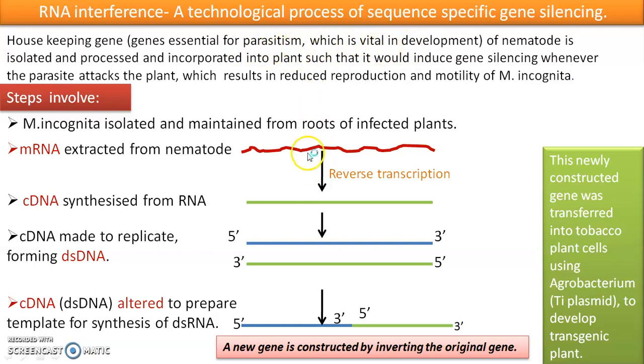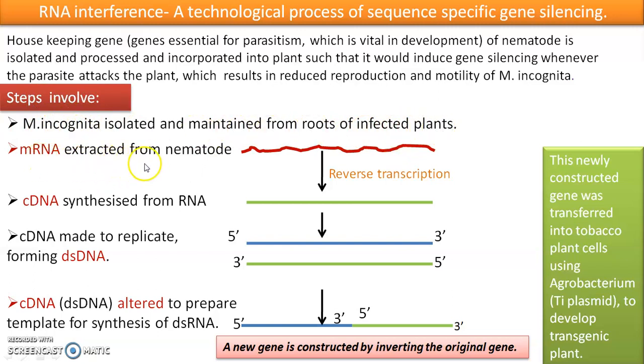So we have to silence that gene. So it is isolated, processed and incorporated into plant cells. By tissue culture method, you generate such plants which have the strategy to silence the nematode gene whenever the nematode infects the plant. So the steps involved are, you isolate such nematodes from the roots of infected plants, maintain them,